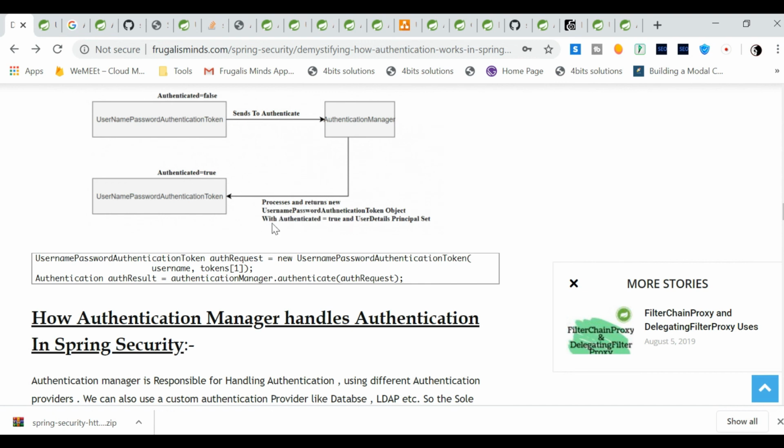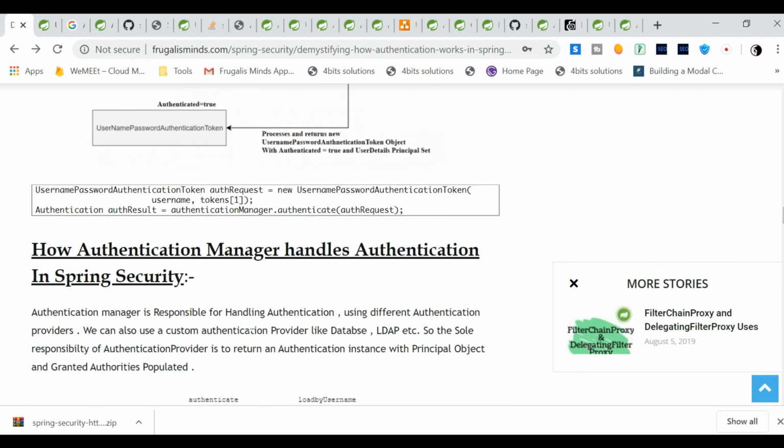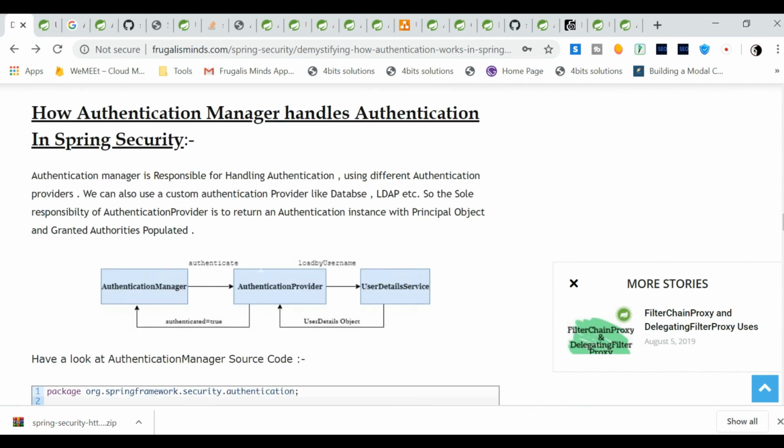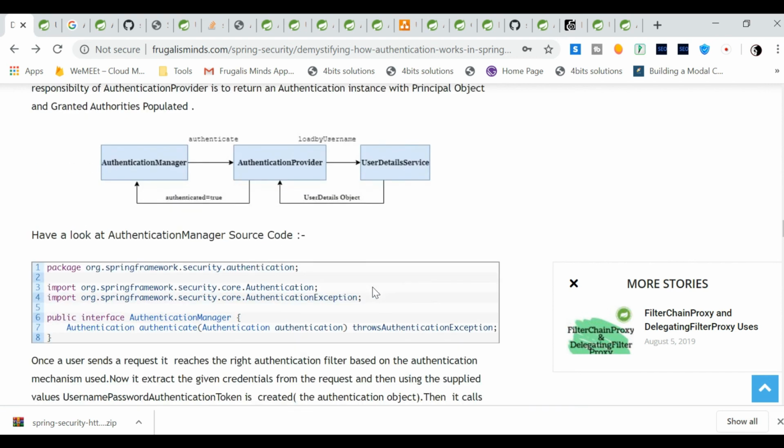Now the authentication provider handles the authentication, like the DB or whatever you have. You can have any custom authentication provider as well.